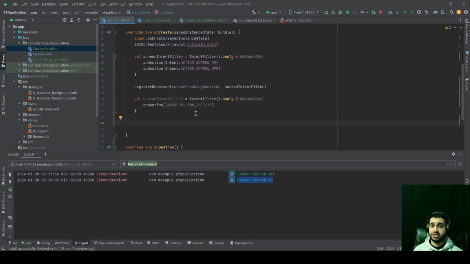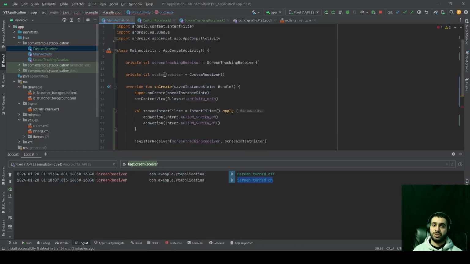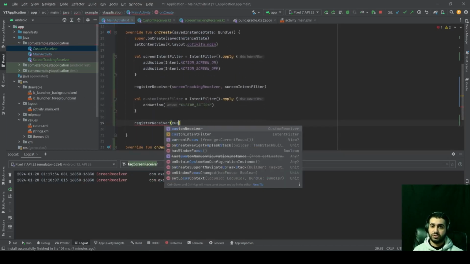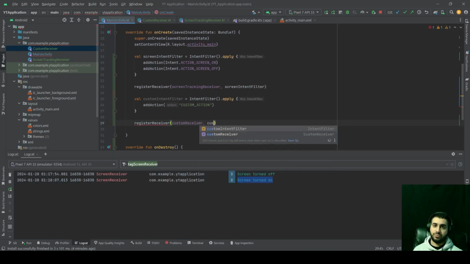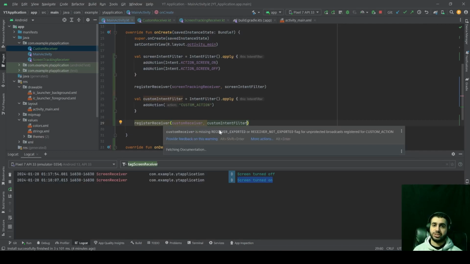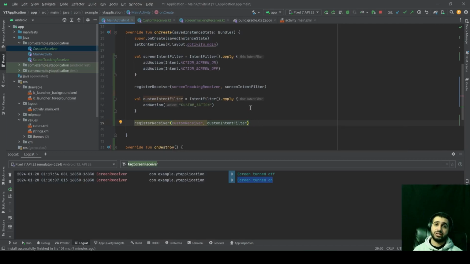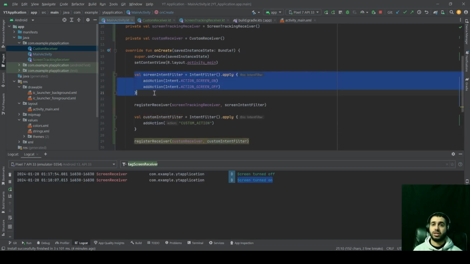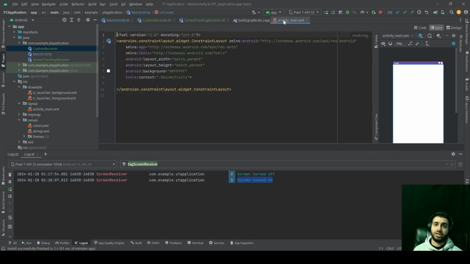But when we want to register this receiver, let's try and do that. We will pass our custom receiver and our custom intent filter. You will get a warning here. And that warning is this is missing RECEIVER_EXPORTED or RECEIVER_NOT_EXPORTED. Because this is not a system level broadcast receiver like the one related to turning the screen on and off. This is a receiver with an action that we will want to trigger after clicking on a button inside our